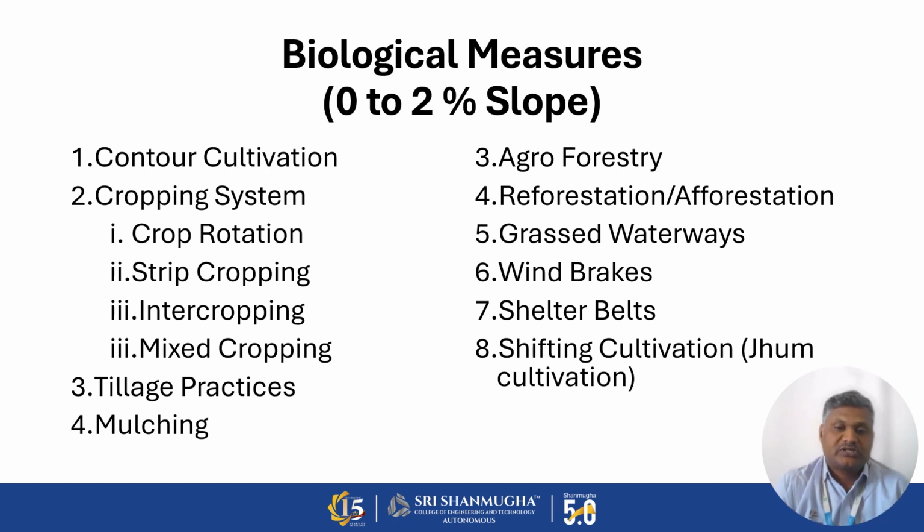And the last one is called shifting cultivation. Shifting cultivation is also known as jhum cultivation in Hindi. This also takes place in the hills. Especially the scheduled tribals take up these cropping and cultivation practices. What actually they are doing means,